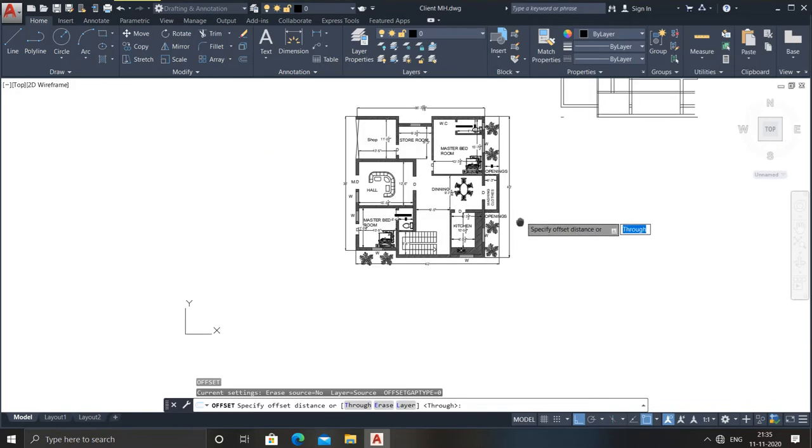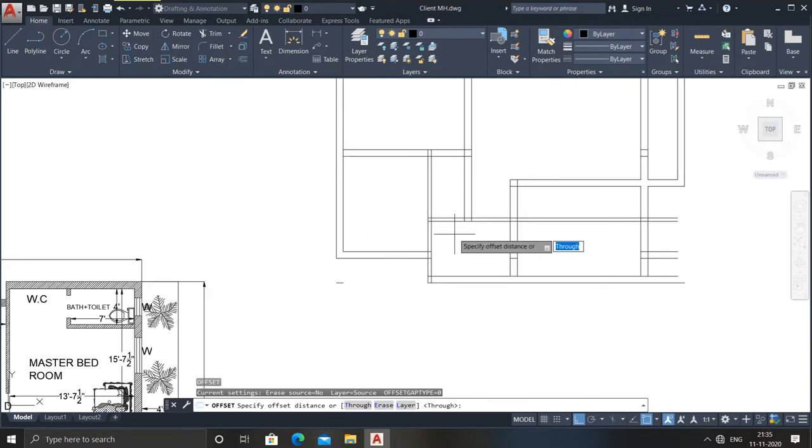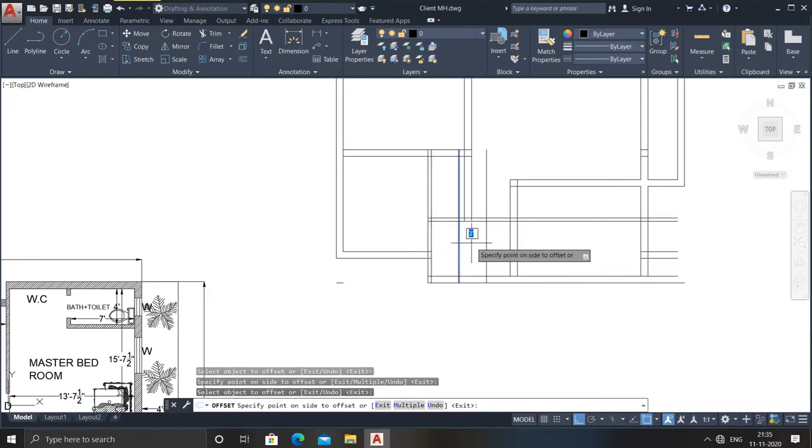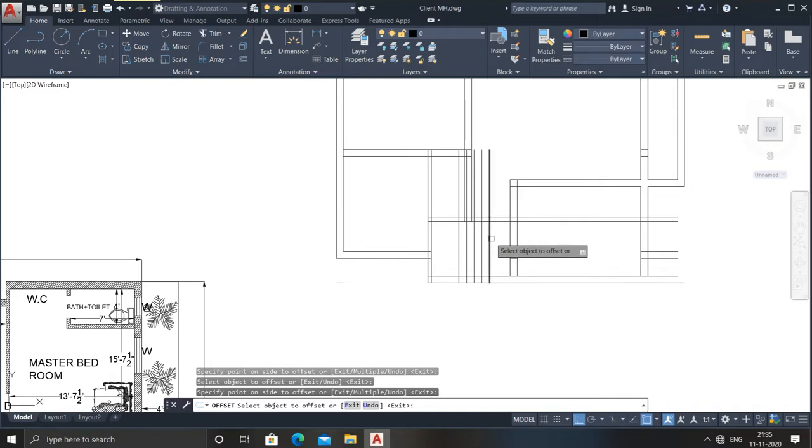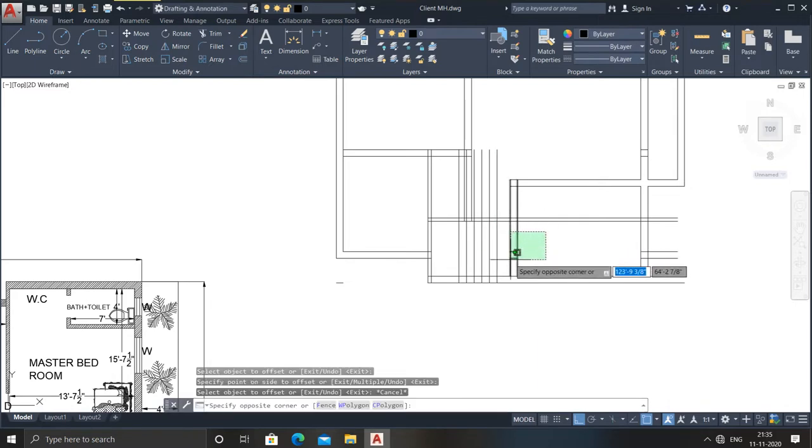Here, this is the landing. I'm talking about the landing, I will take it as 3 feet. So after that 3 feet, now go for the 10 inches. 1, 2. So once you skip, now go for the offset command of 10 feet. 3, 4, 5. So you can see, once you need to trim this because our kitchen room has been so large.